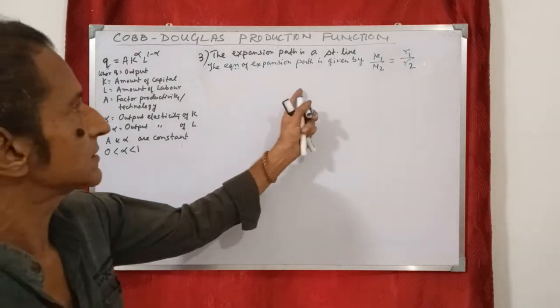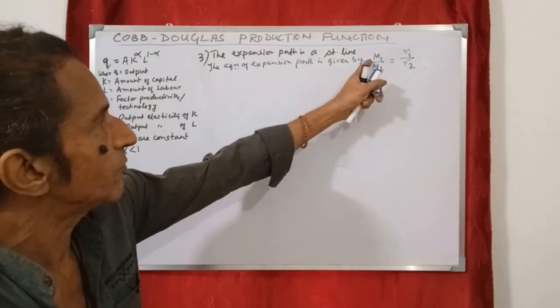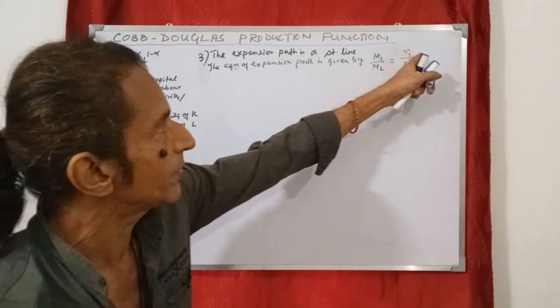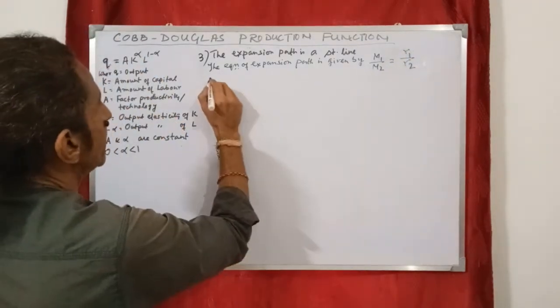The expansion path is given by M1 by M2 equals to R1 by R2, where M1 equals to